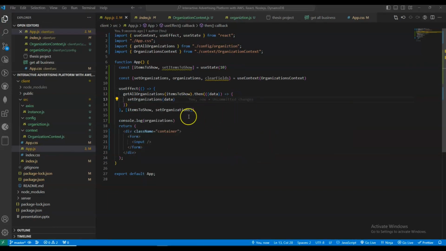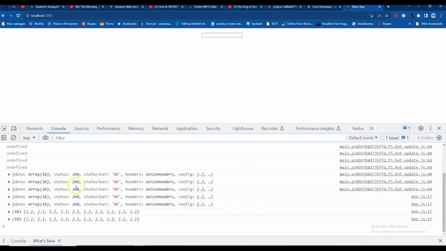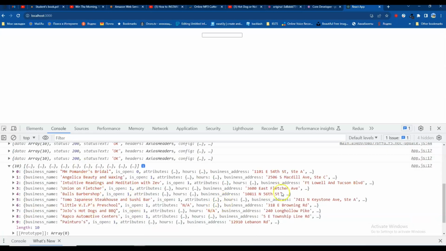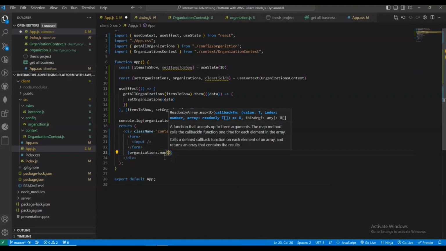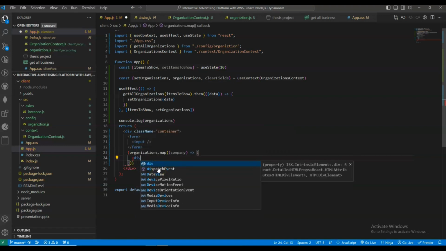Okay, I have changed my code a little bit. Now let's see our console. Now we can see that we get our data from the server. After this, I think we need to show our data on the page. Thus, the next step will be to iterate, to map through the data, and